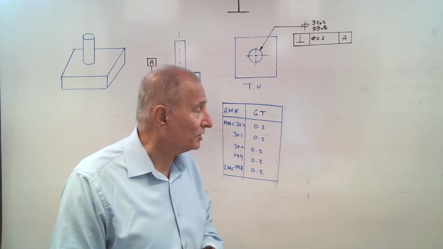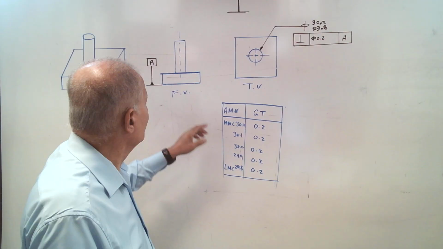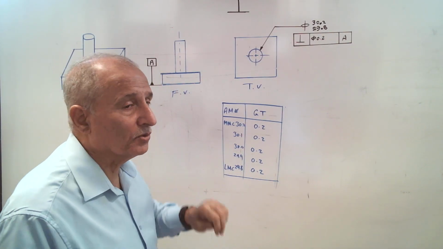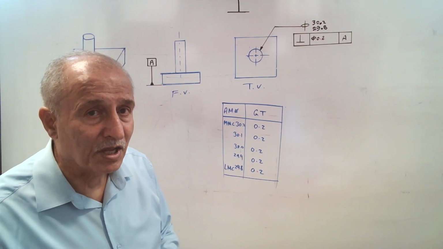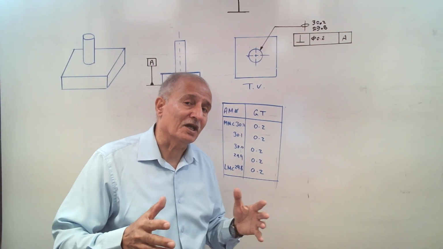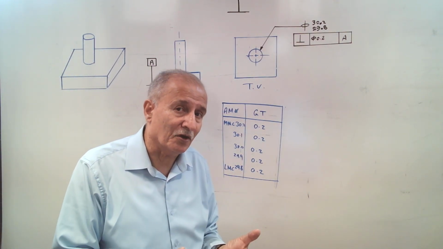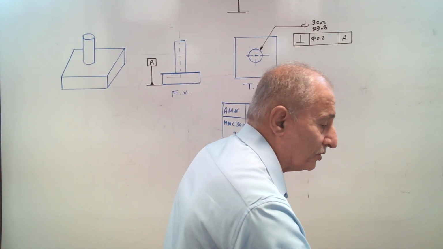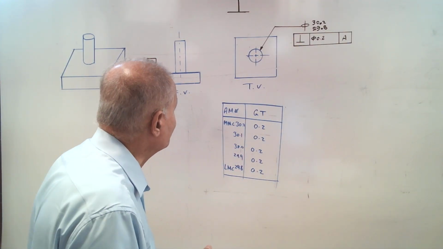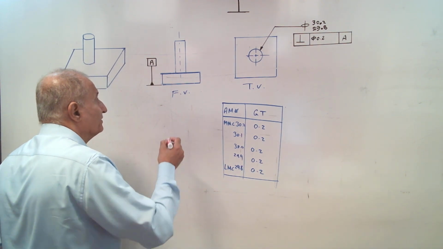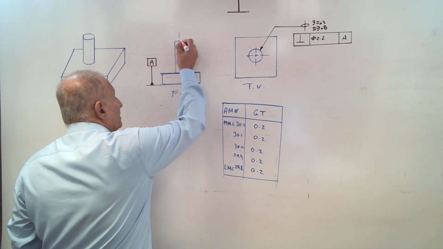It's not possible to produce an axis that is perpendicular to a surface in production. Then the designer considers an allowance for this error of production. This is called axis interpretation. If the axis is inside a narrow cylinder,